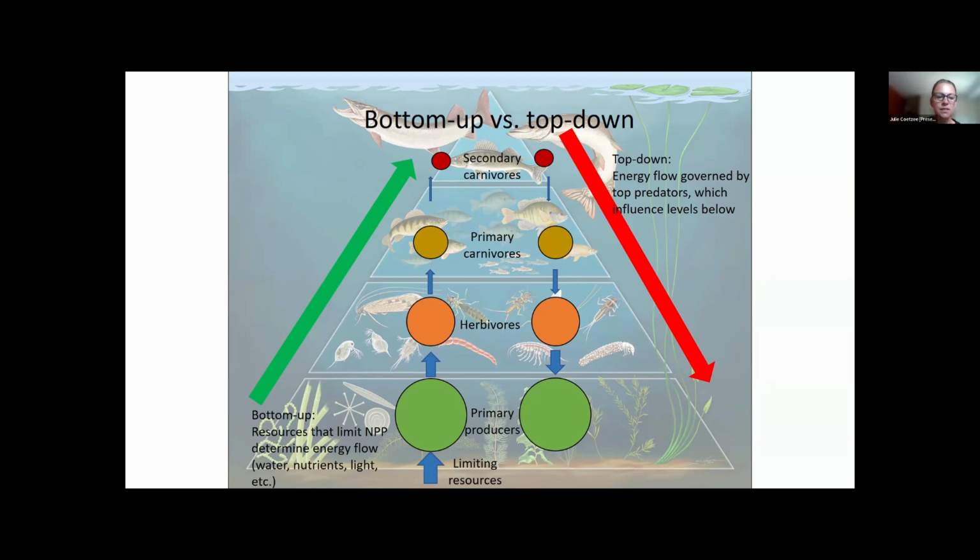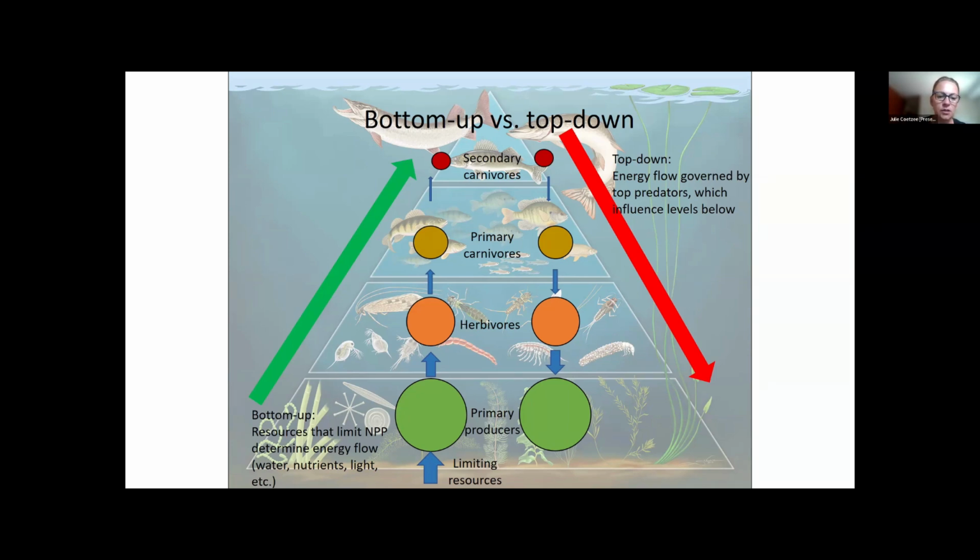Nutrients are highly important, and for aquatic plants, it's largely nitrogen and phosphorus. And then, of course, light, because without light, these plants can't photosynthesize, and the energy from the sun is needed to turn the plants into more biomass.